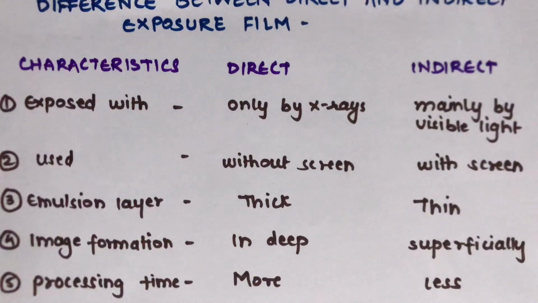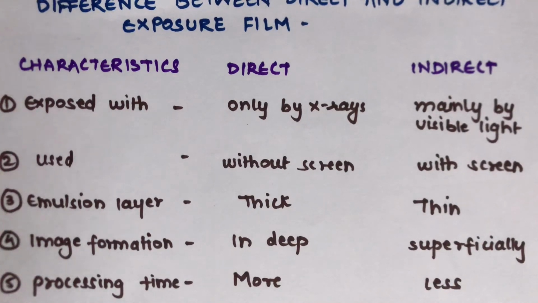So what is the intensifying screen? Intensifying screens consist of fluorescent phosphors which are suspended in an inert transparent binder. The word intensifying means that it increases the intensity of the X-ray on the film. So it is increasing the intensity of the radiographic image. The intensifying screens are efficient in stopping the transmitted X-ray beam, and what they do is stop the X-ray beam and convert it into visible light by the photoelectric effect. So this is the intensifying screen.